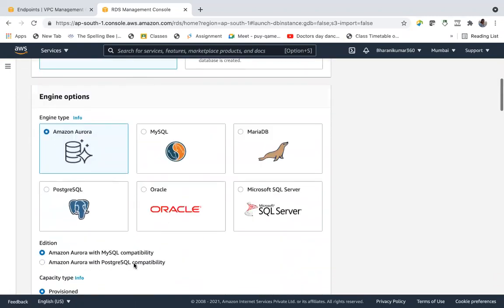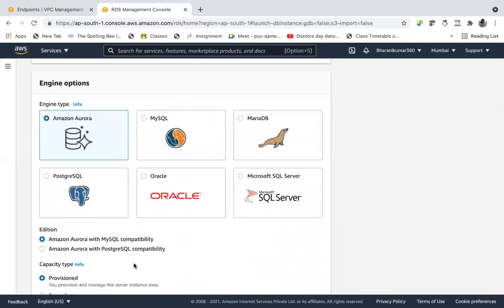And coming to database engines, AWS is providing all these engines: Amazon Aurora, MySQL, MariaDB, PostgreSQL, Oracle, and Microsoft SQL Server. And Amazon Aurora is AWS's own product.